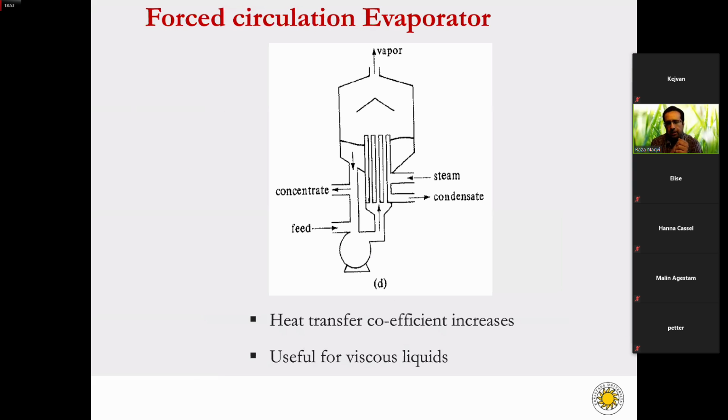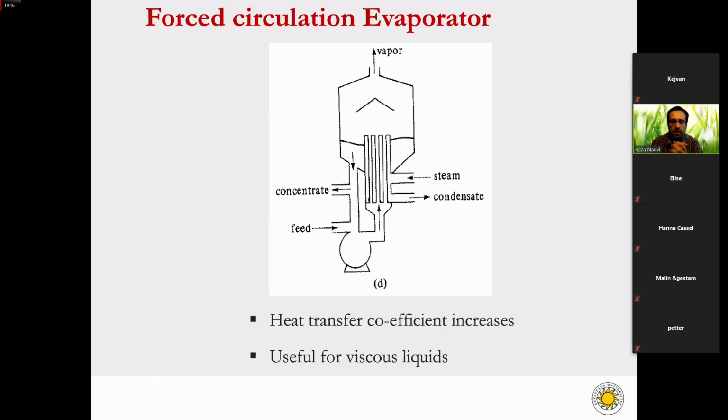So this is also a very important type of evaporator. Another very important type of evaporator is the forced circulation evaporators. In this type of evaporator, we use pumps in order to increase the velocity, in order to increase the pressure within the evaporators, right? So we pump our feed into the evaporator, we use steam, and then steam transfers the heat to the solution